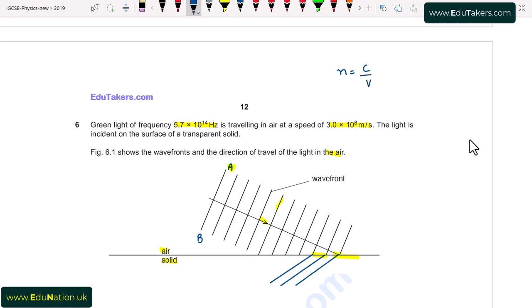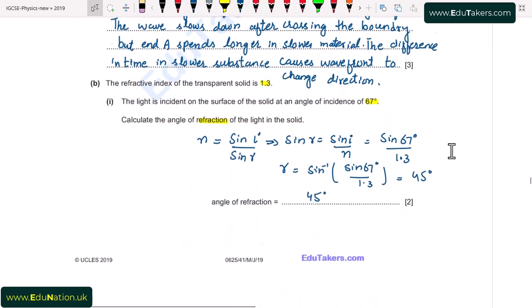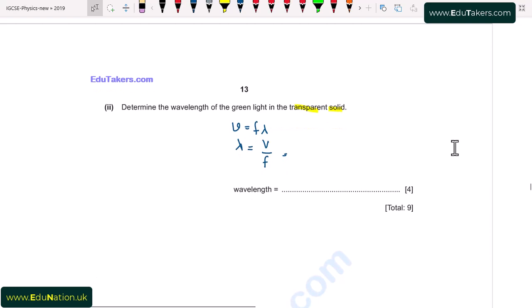That is, the index of refraction is equal to the ratio of the speed of light to the speed in any medium. From here we can calculate the value of V. It will be equal to C over n. By using this formula, we can find out the value of velocity in solid. So by using this, I can write